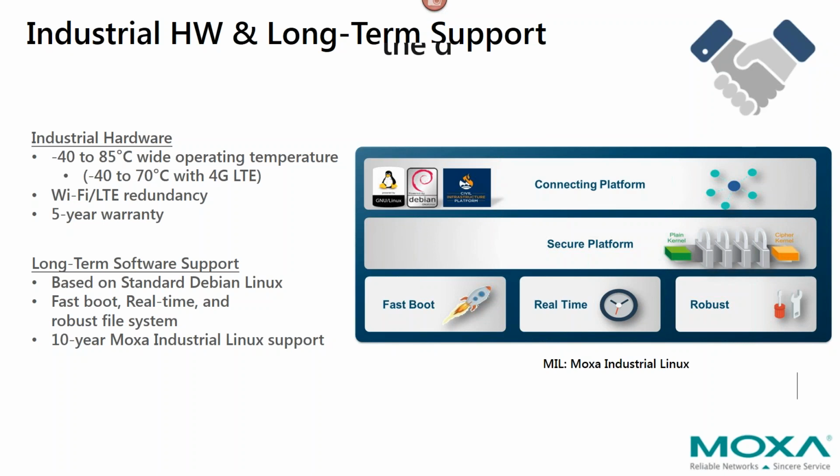The core Debian-based OS is still crucial in our applications and needed for industrial deployments. It offers increased boot speed, robust file systems, and enhanced security features to limit access to the Linux operating system.